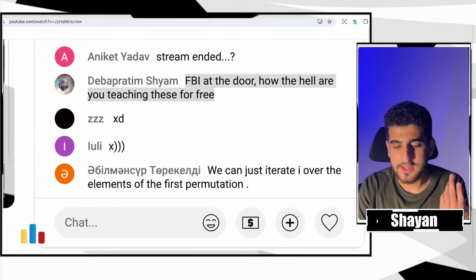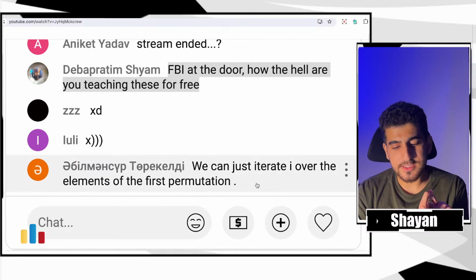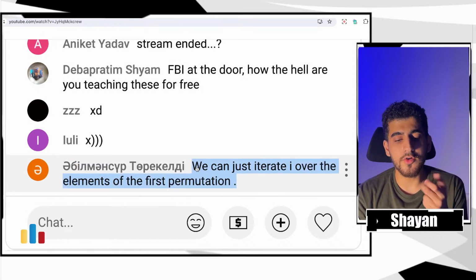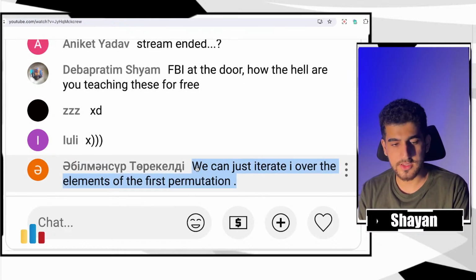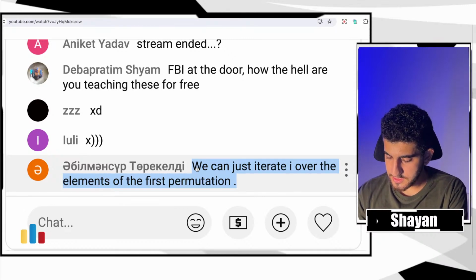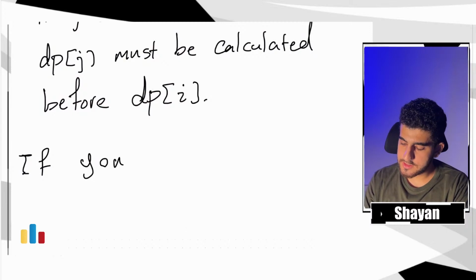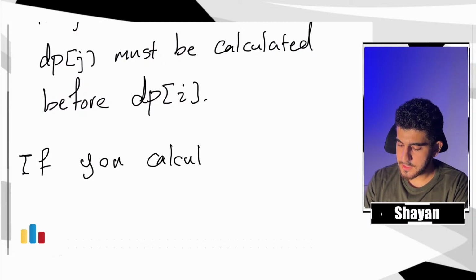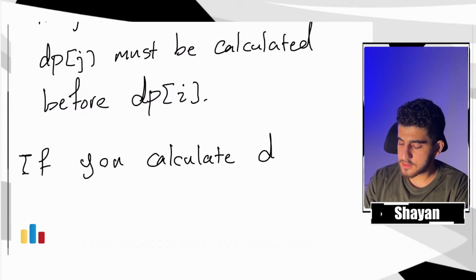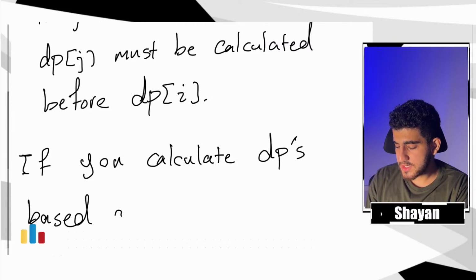Awesome. So now the question is in which order we need to update dp's, but this is the answer. We can just iterate I over the elements of the first permutation. So if you calculate dp's based on their order